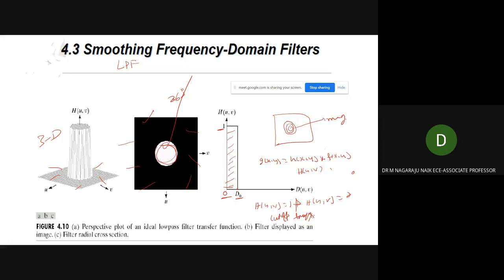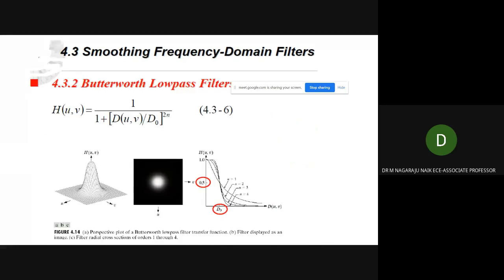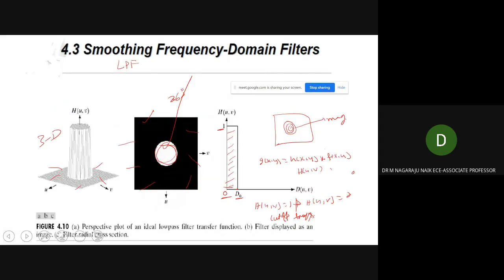The shape of h of x comma y depends on the radius D naught of the transfer function in the frequency domain.